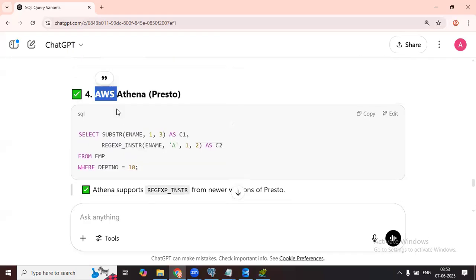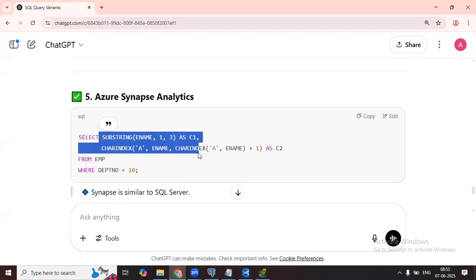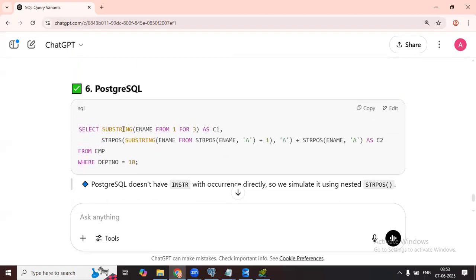For AWS Athena, same SUBSTR, REGEXP_INSTR. Azure Synapse, SUBSTRING and CHARINDEX. Azure Synapse is a SQL Server product only, so it supports SQL Server syntax as it is. Then PostgreSQL has SUBSTRING plus a function called STRPOS, string position. It's similar to INSTR. INSTR is not there in PostgreSQL; it has STRPOS.